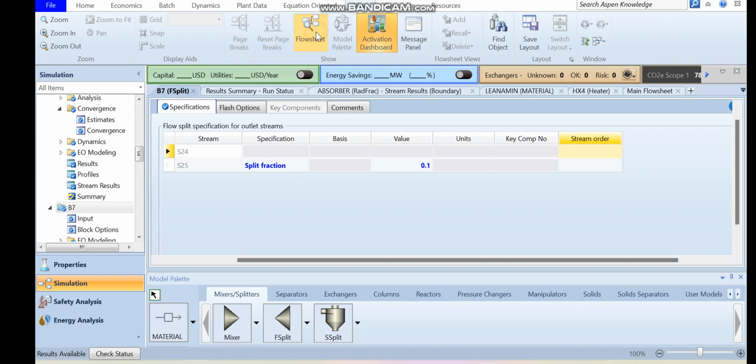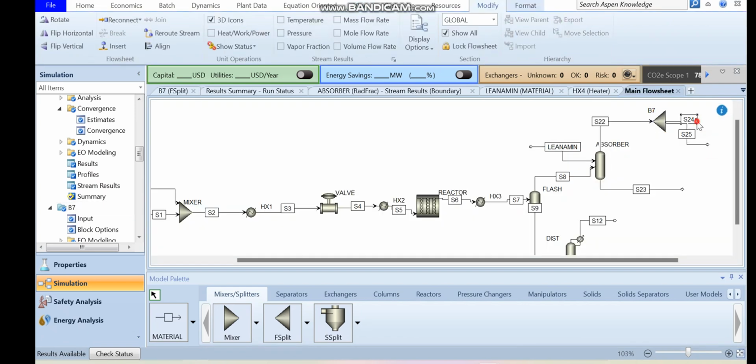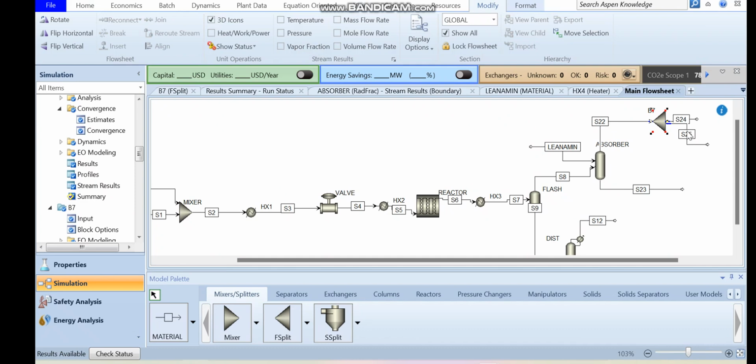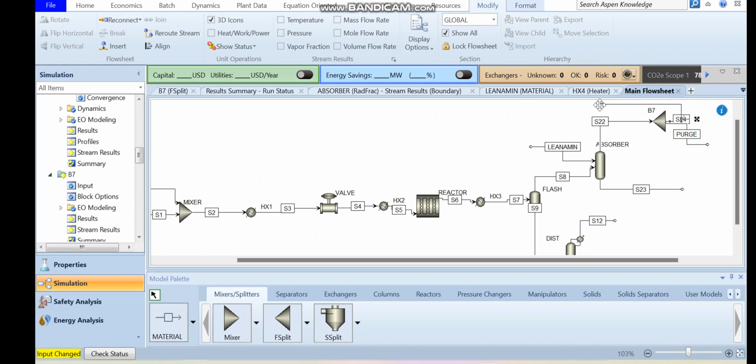Now go back to the flow sheet. So this was our purge, I guess. This 25 is the purge. We just call this purge, right? And this stream is recycled. Before we recycle this to the mixer, it